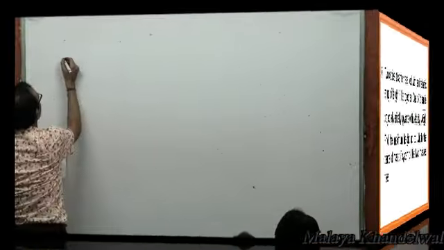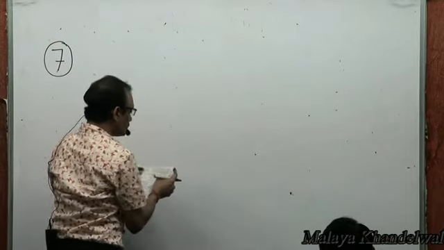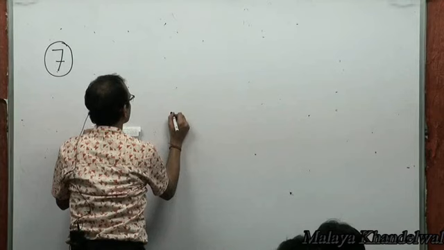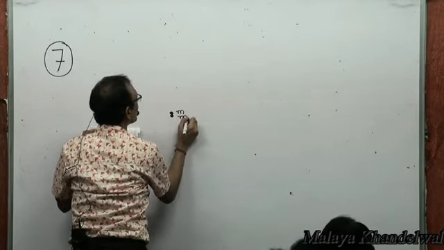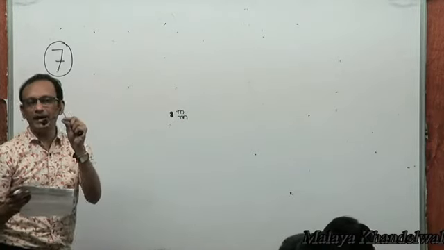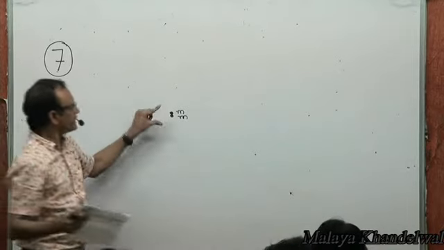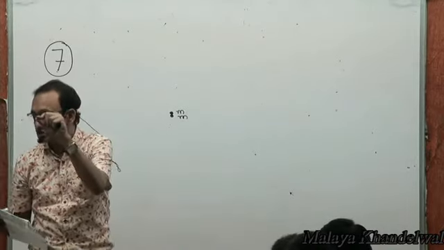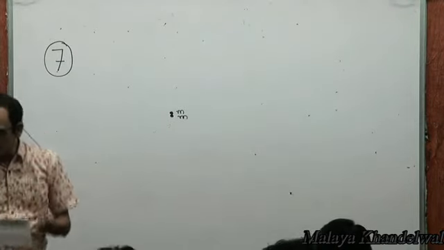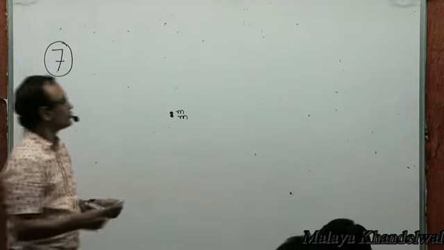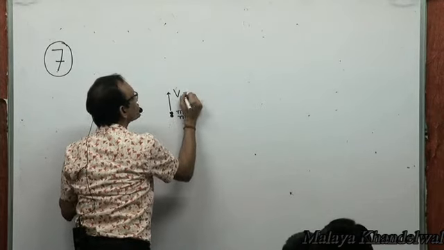Number 7. Two bodies of the same mass, m and m, lie together, and they're tied by a string. Initially the string is collapsed, so you're not able to see the string. Now one of them is projected upwards with a velocity root 6gl. While this one is projected with a velocity root 6gl, the upper one, say,